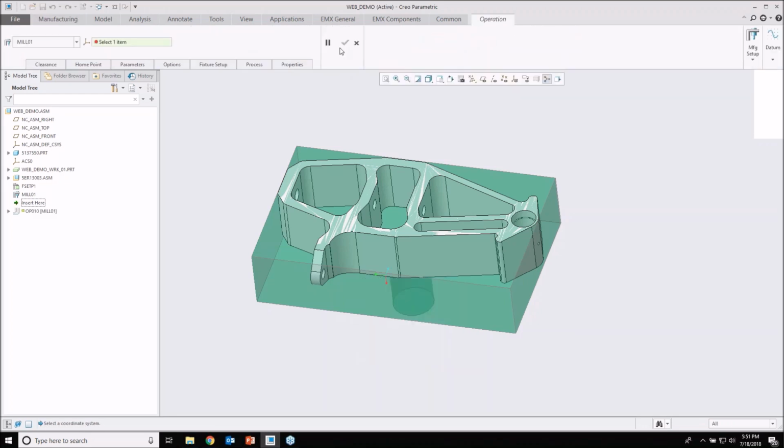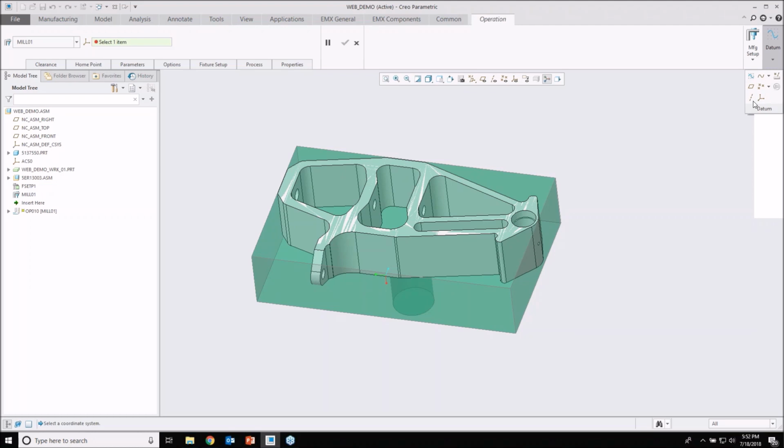And then on the operation, this time I'm going to do it a little bit on the fly. We need a coordinate system. This is normally your G54. That's where the guys need to pick up the part on the machine. Normally you'll use the center of the stock. You can use corners, or if there are holes already in it, they can use existing holes. The important thing is that whatever you use here has to match up with the machine, because everything is calculated from that specific point. So on this one, I'm going to create a